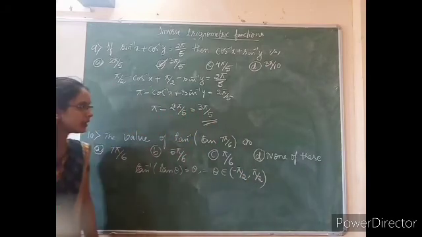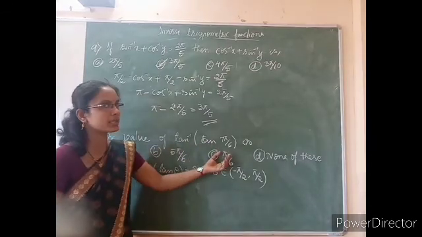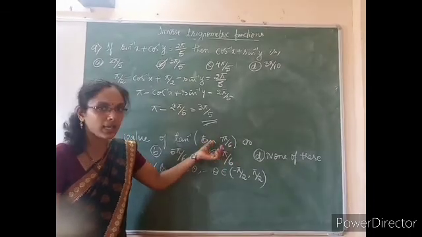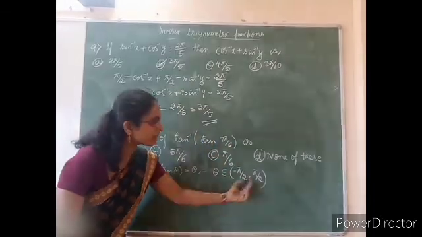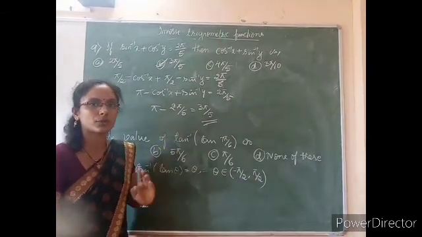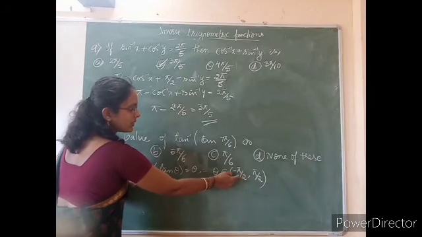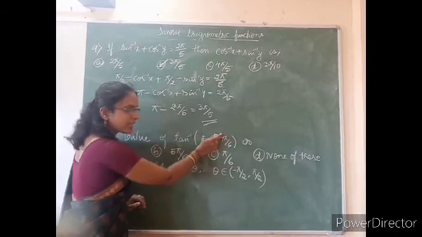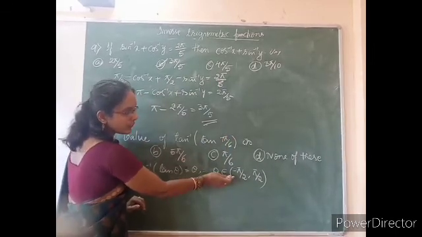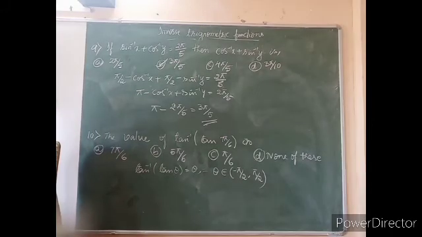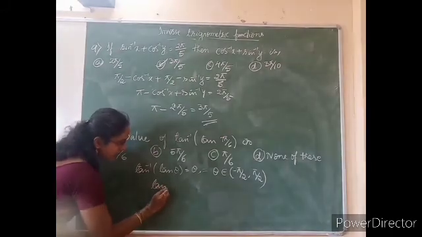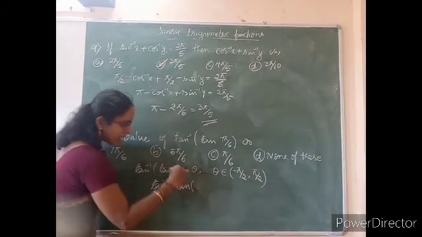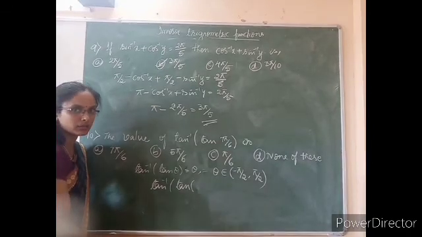But here tan inverse of tan 7 pi by 6 is not equal to 7 pi by 6, because 7 pi by 6 lies in the third quadrant, but the principal value branch is the first or fourth quadrant. Therefore, this does not belong to this open interval. Therefore, we have to convert this angle such that the resultant angle fits in the interval minus pi by 2 to plus pi by 2. So, we write this as tan inverse of tan, pi is 180 degrees. So, 180 plus theta indicates the third quadrant.